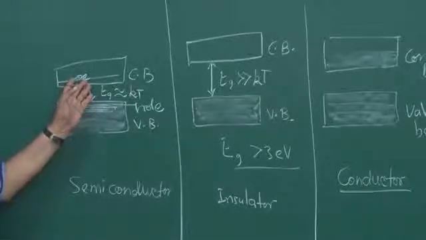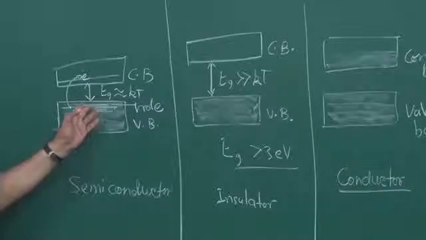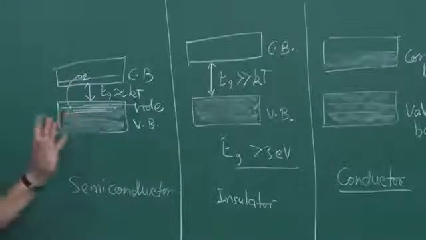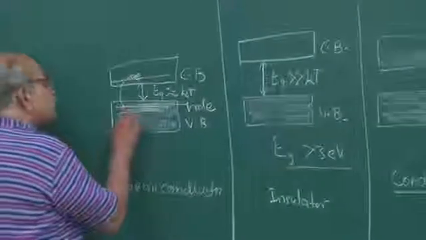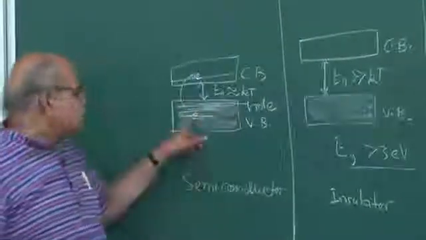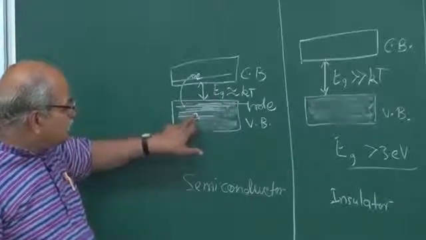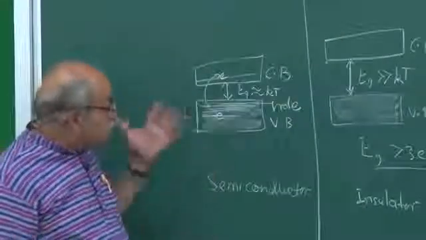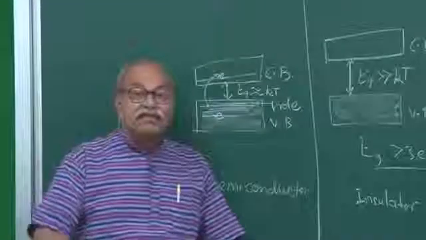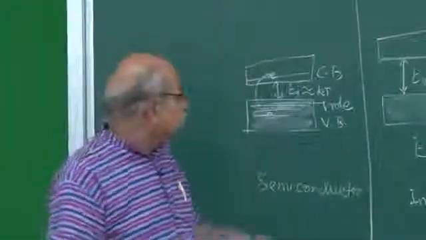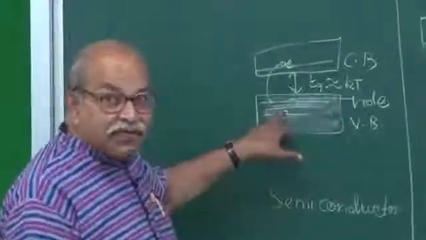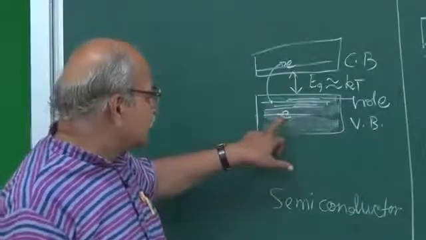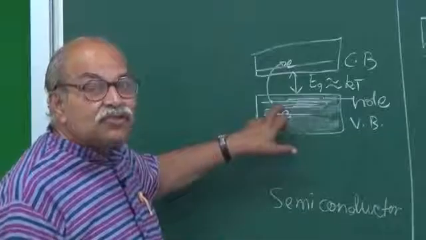And also, since now there are some quantum states here which are empty, electrons have gone, if you apply an electric field and you have an electron here, if this quantum state is filled, then in this neighborhood you also have an empty quantum state because an electron has already gone there. Once the electric field is there, it is on the entire material. This electron will also feel that electric field, and if there is an empty quantum state here, then this electron can accept energy from the electric field and go here, and that will also constitute a current